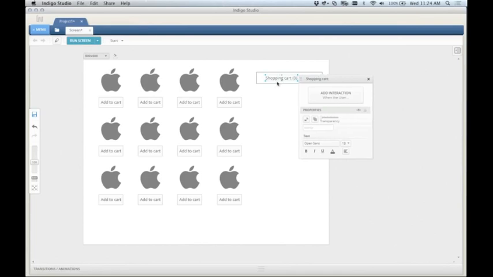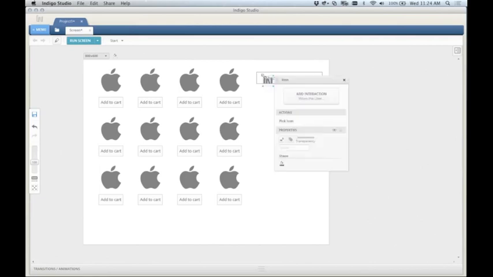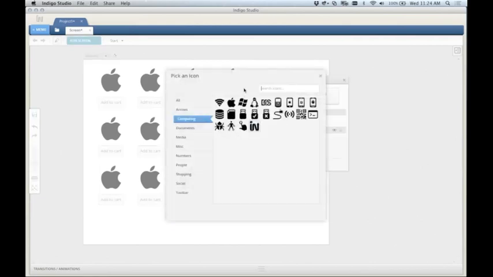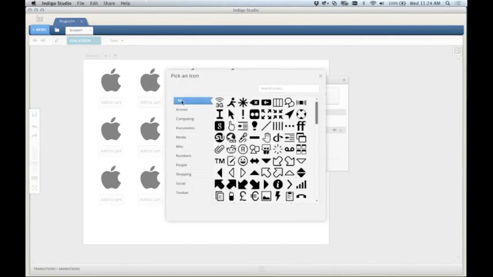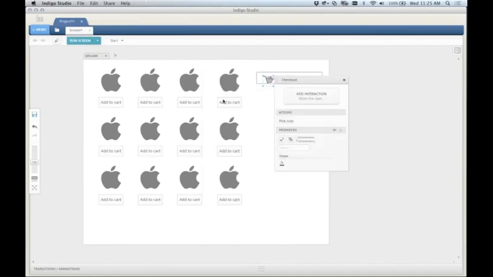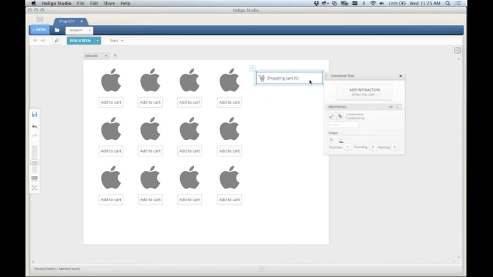Right? Now, if I want to be fancy, I can always add an icon. And if you haven't noticed, we provide a lot of icons by default. Usually, you should find what you need. So I'm going to search for cart. There you go. And I'm going to add that cart in there. There. Shopping cart. Right. So forgive me for being a little slow, but